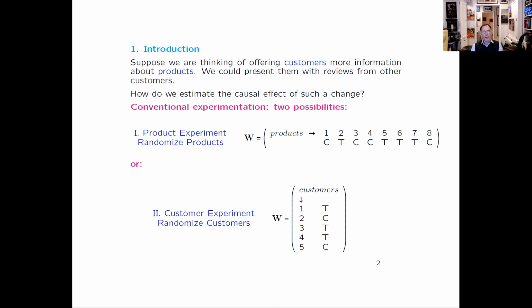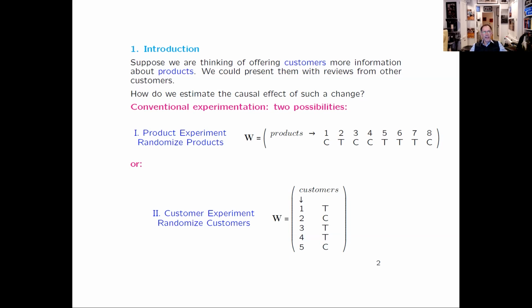Suppose that universally we're going to present customers, when they search for these rental properties, with more information, with more reviews, or with more pictures. That may be costly. It may be costly to set up the review process, or to take these pictures. And so before implementing that change, we want to see what the causal effect would be of doing that for everybody versus not doing that for anybody.